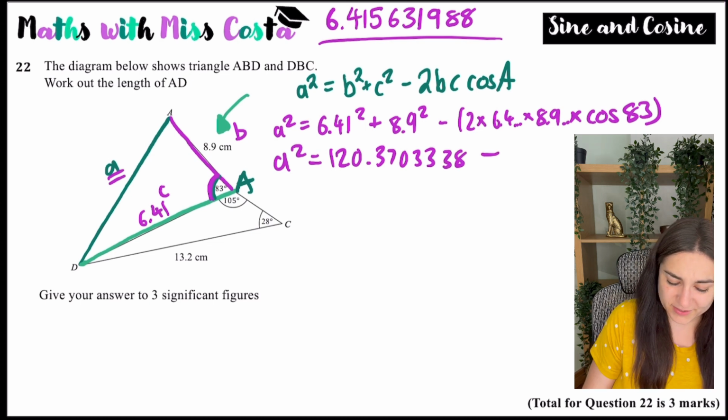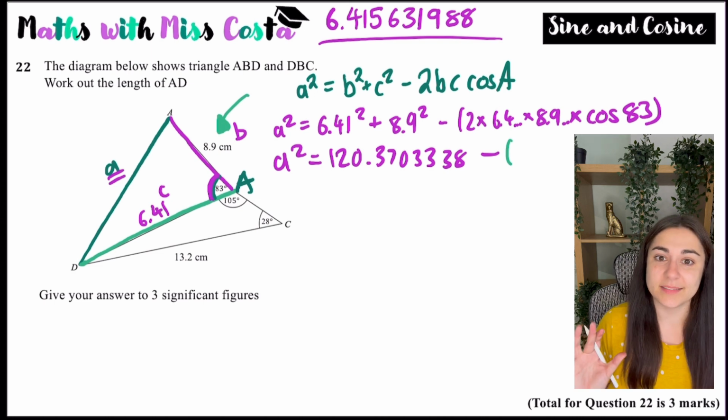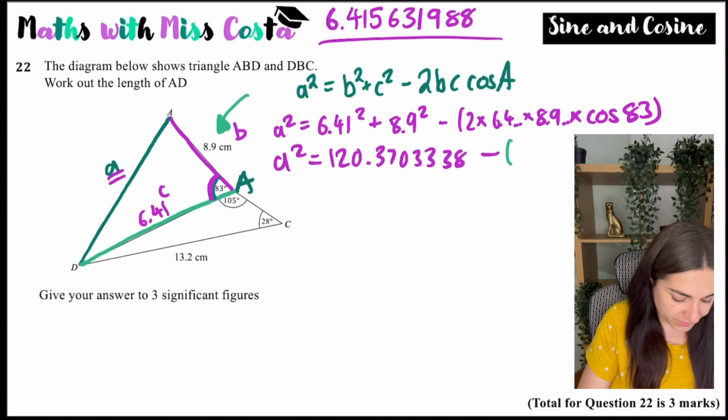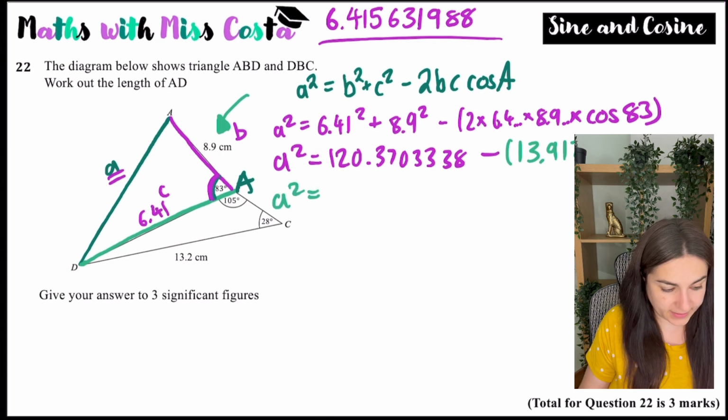So 6.41 squared plus 8.9 squared equals 120.3703338. I always tend to just do it in two parts just because it minimizes the risk of a miscalculation, a typing error, exam madness. It just happens. So 2 times by 6.415631988 times by 8.9 times by cos 83 is 13.91726567. A squared is therefore going to be 120.37